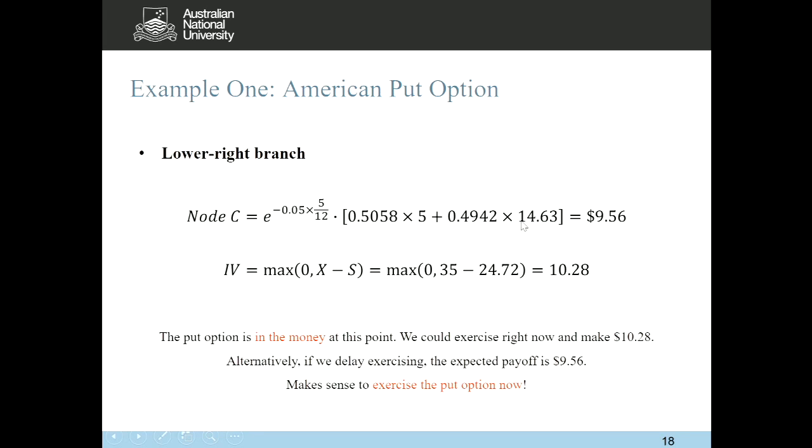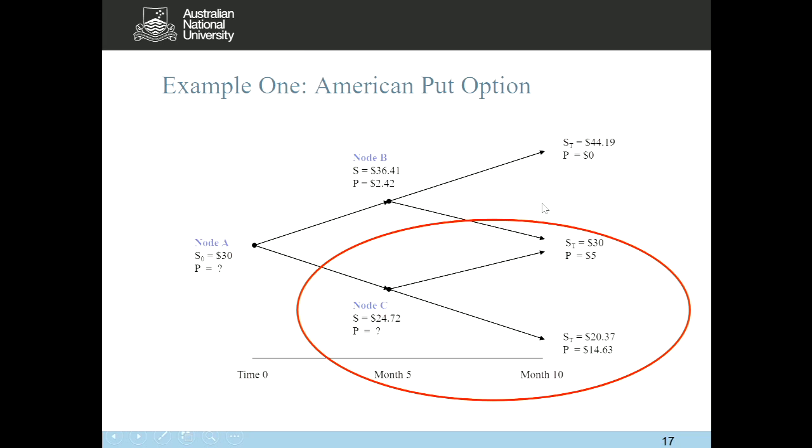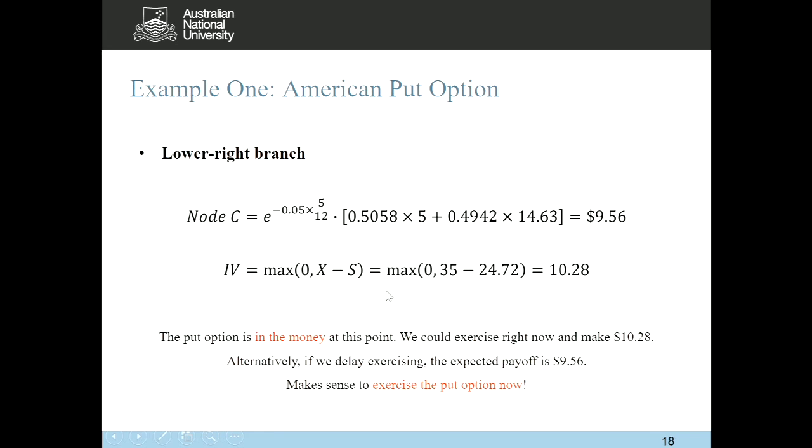We know the probability of that happening, and we work out the expected payoff. Because we're standing here thinking 5 months ahead, we should discount back 5 months at node C. So we discount back 5 months using the risk-free rate of 5%, we get a discounted payoff of